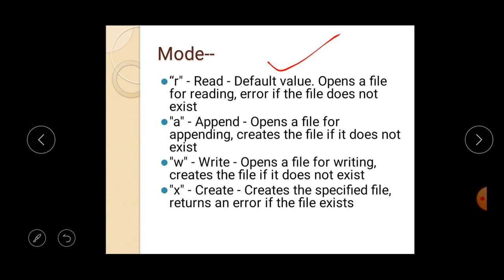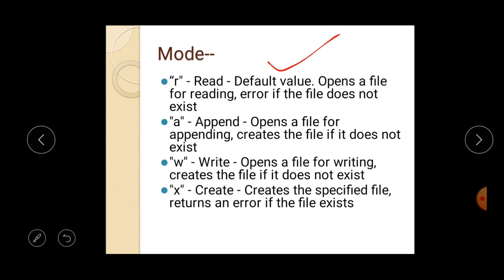Try to understand. If there are initially a few contents in the file, say 4 lines in the file ABC, and you open the file in the writing mode, then all the previous data is erased and you will get a blank file to write any content in the file.